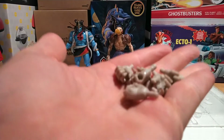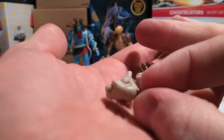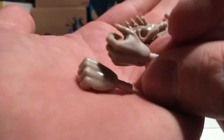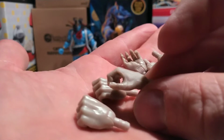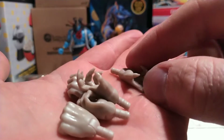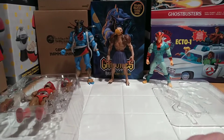Alright, that's a lot of hands. There are so many hands with these Ultimates figures. I have no use for all these hands. Like I said before, most people are going to pick a pair of hands to use, and then the rest are going to go in a bin. He's got 2 gripping hands here. This was a fist hand. 2 clawing hands. Yes, 2 clawing hands and 2 fists. Yep. Pretty standard